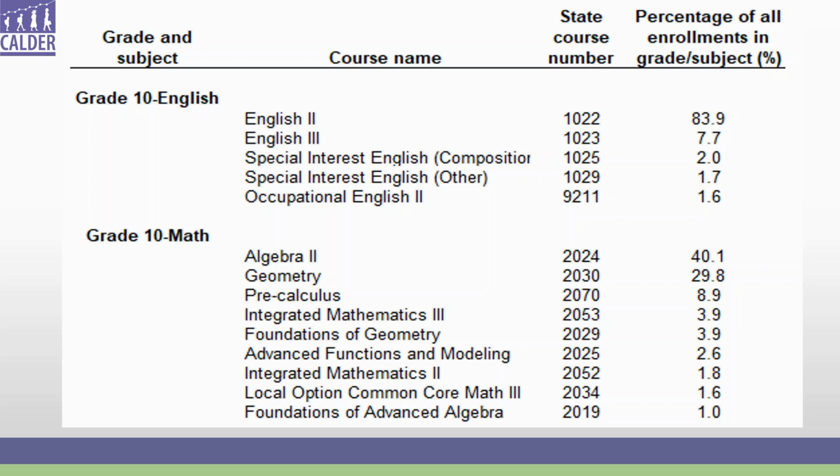And the same thing goes for the higher grades, but look at the bottom part of this page. You see there are 9 different 10th grade math courses that had at least 1% of the whole state's population. So we had to be flexible within each school to say, what are your classrooms?